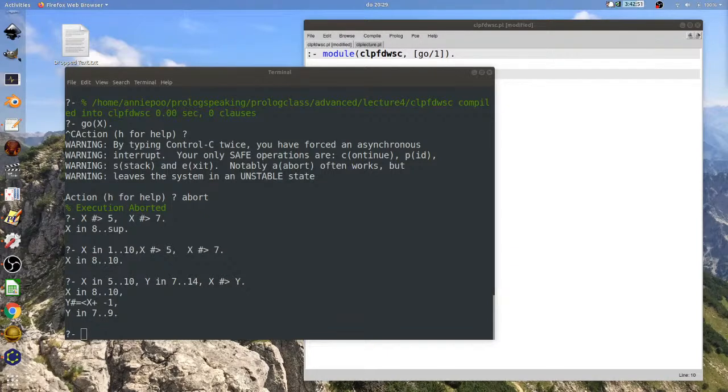It doesn't appear to be that big a deal, but it's 16 factorial, and it's not tractable without CLP(FD), but it runs fast with CLP(FD).